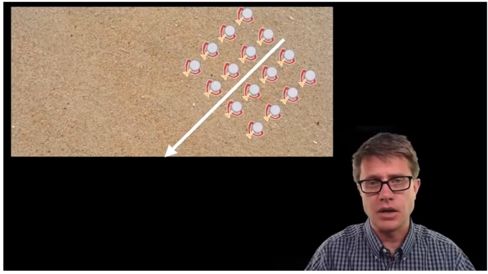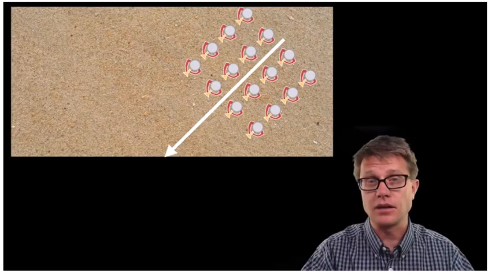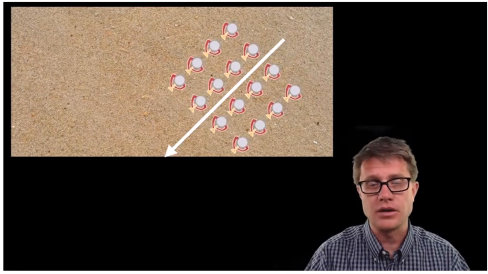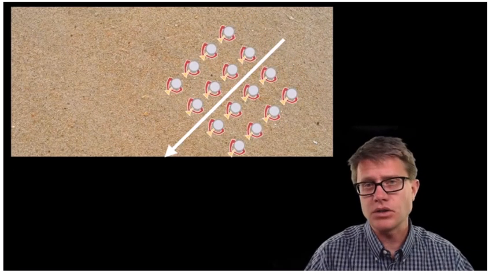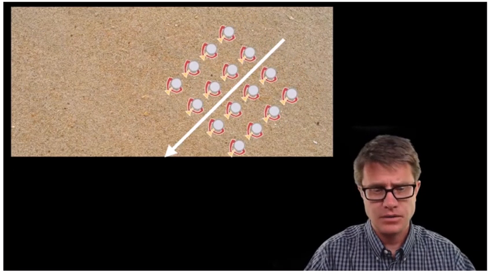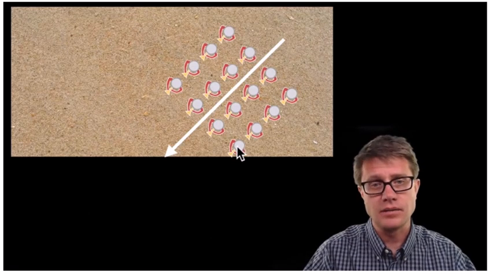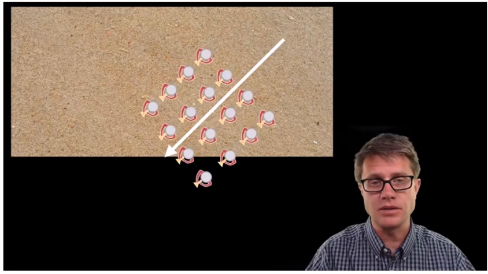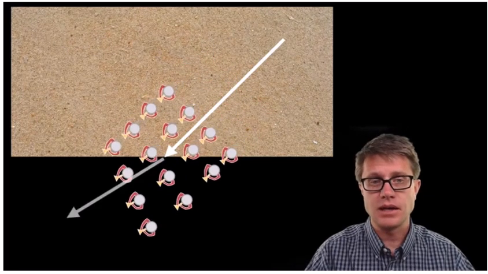So let's try that again. We've got a marching band now going through sand, and they're going to come out into an area where they go faster. So they're all going slow, but they're going in a straight line. Now which one's going to start to go faster first? Well, it's going to be this one right here. They're keeping the distance between them all the same, and so watch what happens now. It's bending like that.